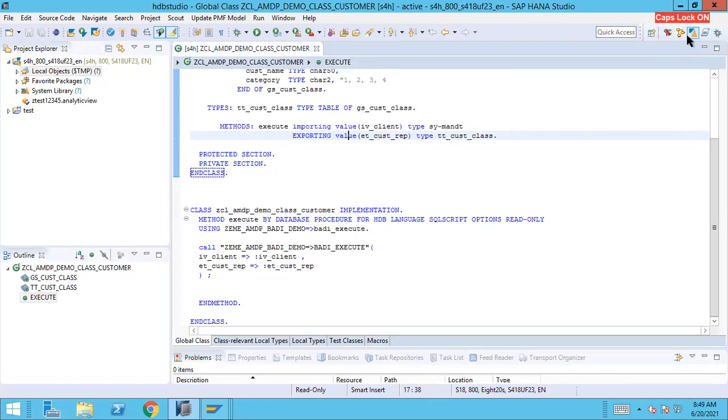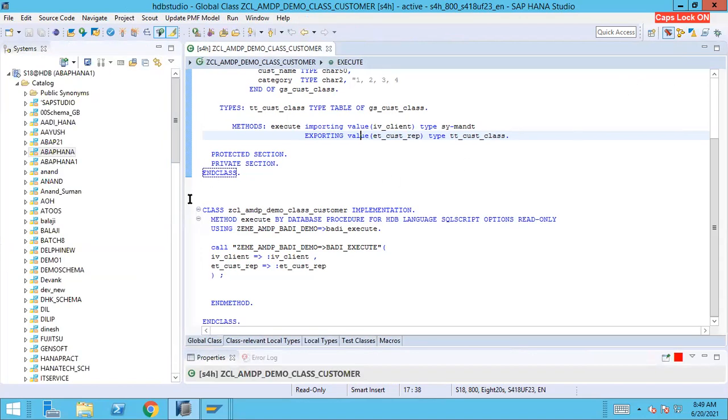Here in the HANA Studio, we have different perspectives. This is known as the ABAP perspective. This is known as the HANA administrative perspective, and this is the modeling perspective. And here you can also see the SAP HANA development perspective. Okay, so different perspectives are here. If you want to develop your CDS and AMDP, or if you want to write an ABAP program in HANA Studio, this is the perspective which we have to use. That perspective is nothing but the ABAP perspective. You'll have to click over here, and here you can create the ABAP project, and you can start writing the logic.